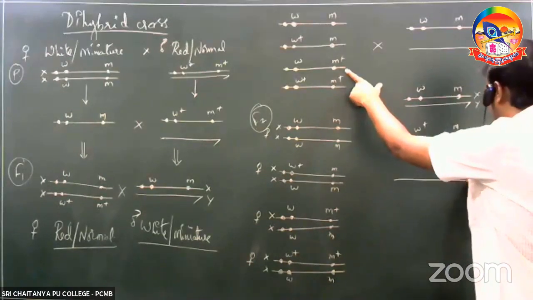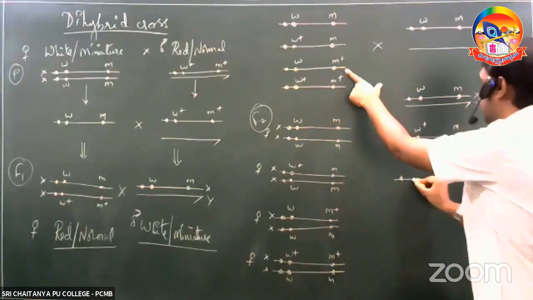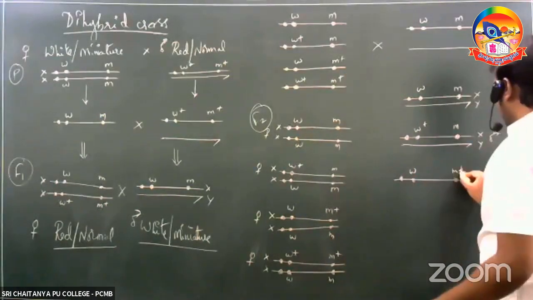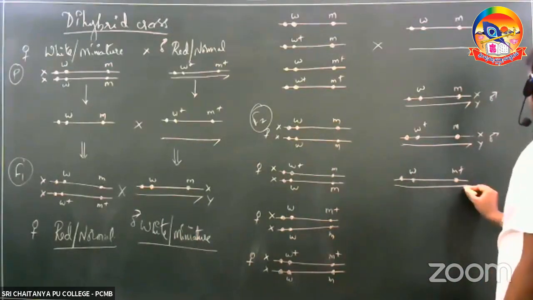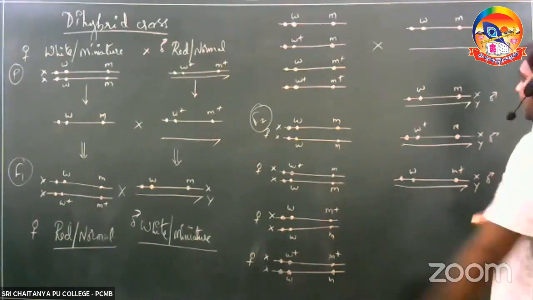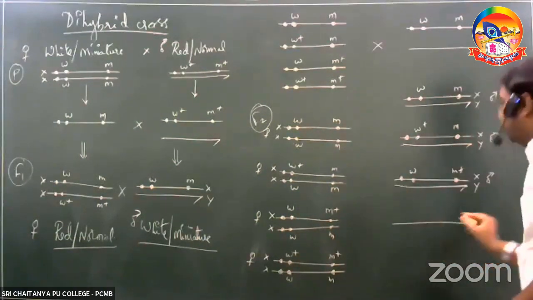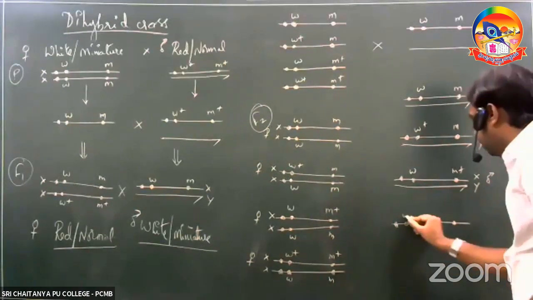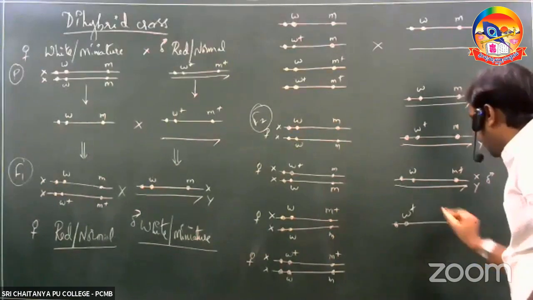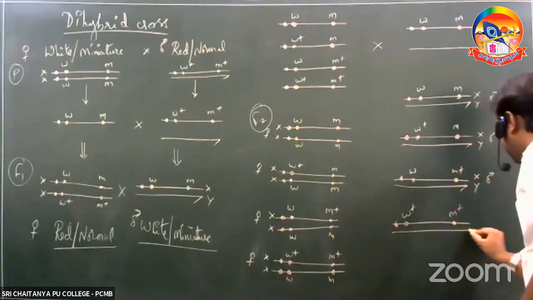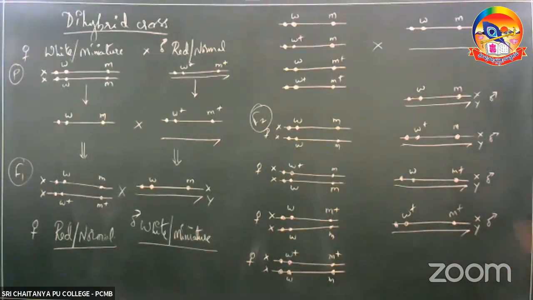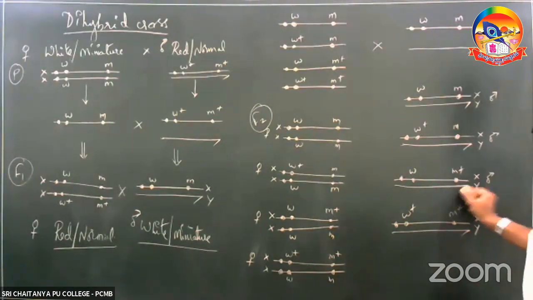The third X chromosome of the female gamete having the alleles W and M plus, fusing with the X chromosome of the male gamete. So this is X and Y. And the last X chromosome of the female individual, having the alleles W plus and M plus, would fuse with the Y chromosome. So this would be the male individual. So these are the other 4 male individuals that are formed in the F2 generation, right?